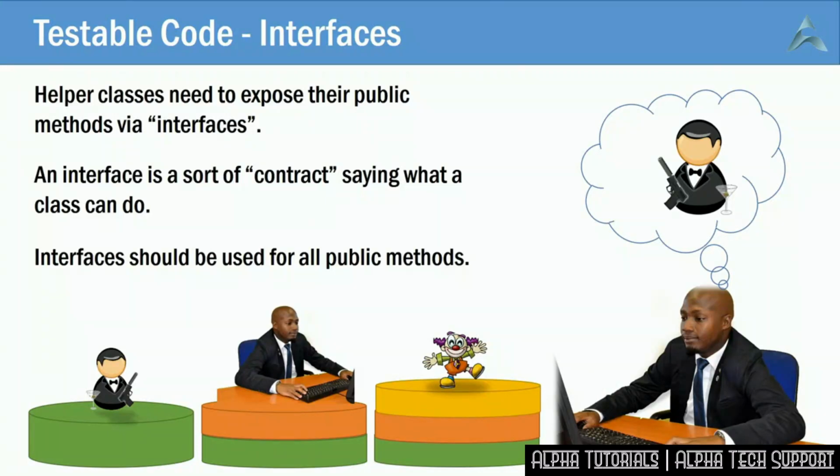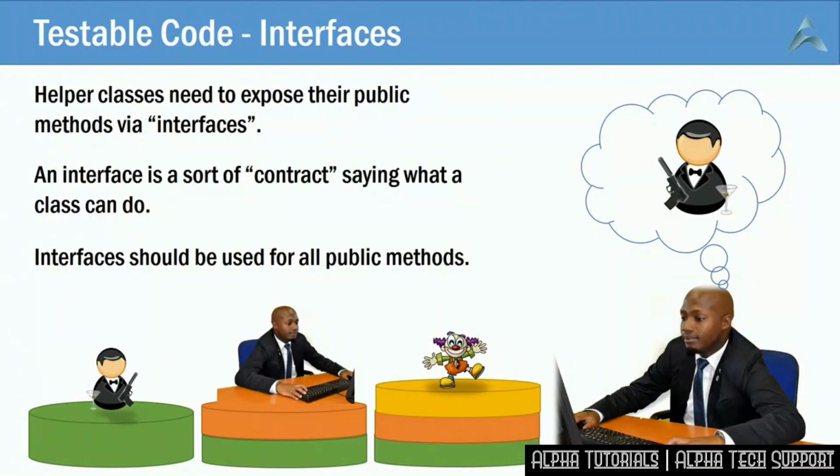At night, he's a secret agent. The spy company only knows about his secret agent's abilities. He only exposes his secret agent interface to them. You could have someone who was both an accountant and a spy and also a circus clown. On the weekend, when he does his show in the circus, he only exposes the clown interface to the circus. The circus only knows about the clown interface. They only care about this.